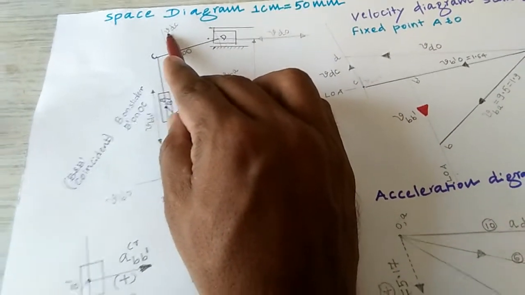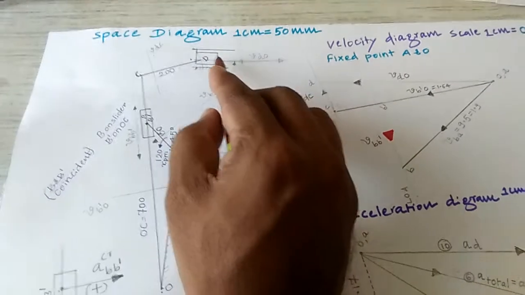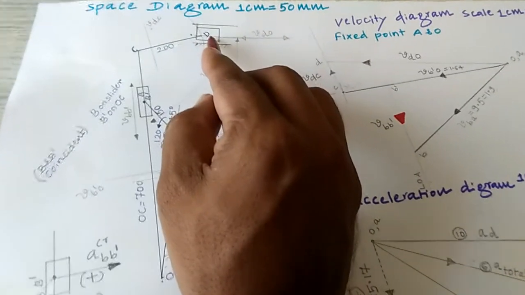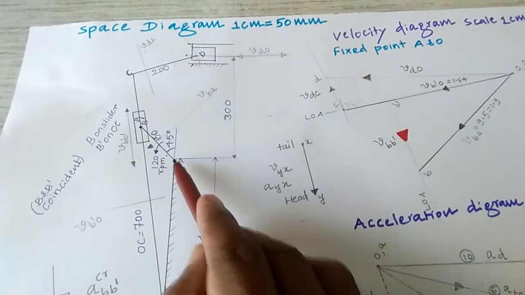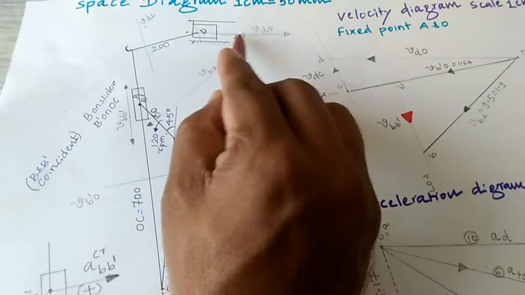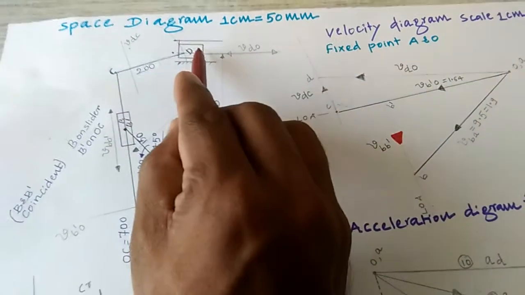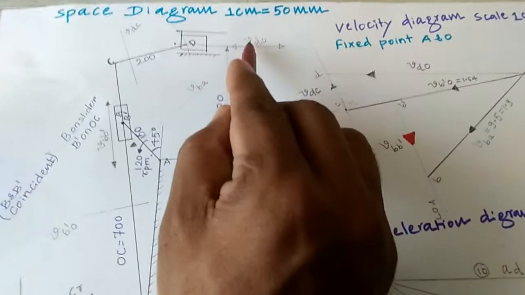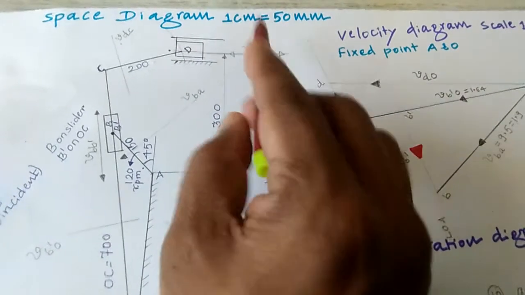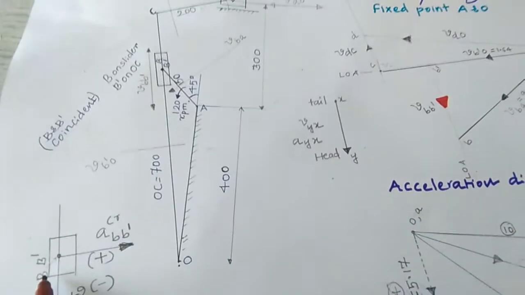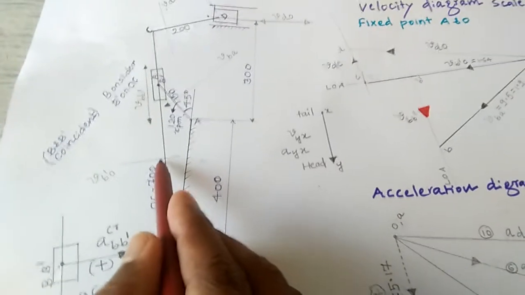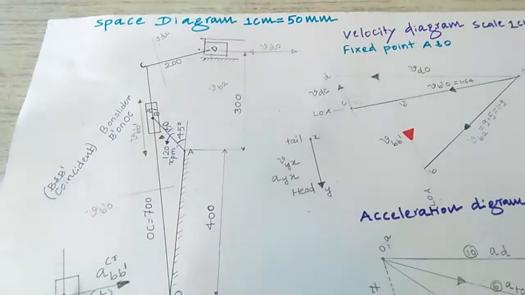That's why I will take it as VDC. Then once again, for the slider, when it is a fixed point with respect to fixed point A or O, it is along the direction of the motion of the slider. That is VDO. All of these are written as a velocity diagram with respect to that specific link. Then I will draw the things.